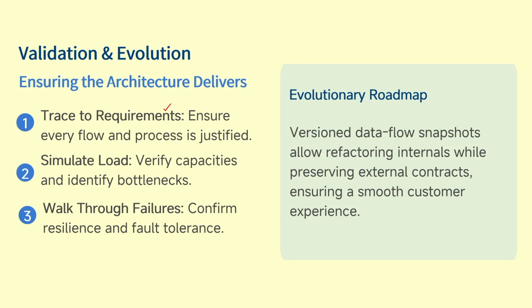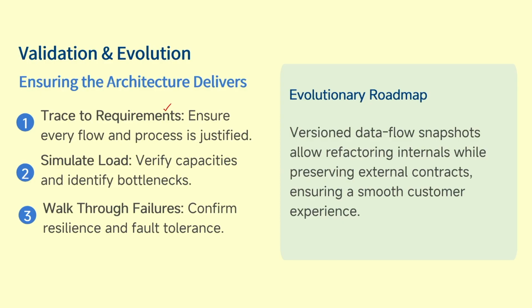And the evolutionary roadmap, coming to the next level: versioned data flow snapshots which allow refactoring internals while preserving the external contracts and ensuring a smooth customer experience. So, it is better to save all the data flow diagrams and at least the baseline in a centralized repository like Git, so that it can be used at a later point of time for refactoring,